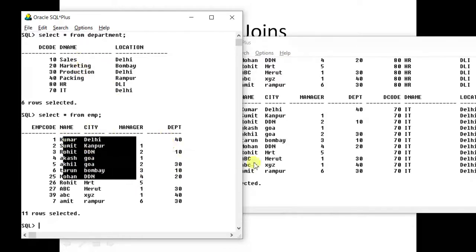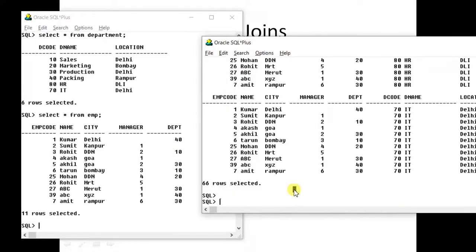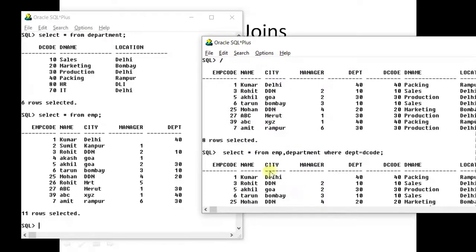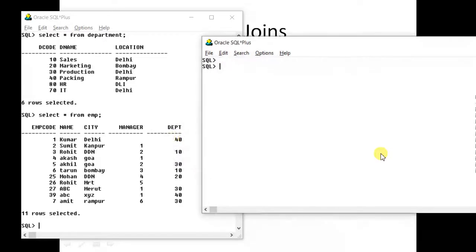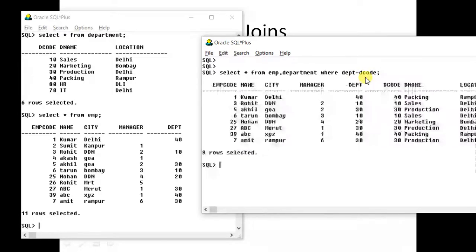So again, there are two syntaxes, one is Oracle syntax and another is ANSI syntax. We will see both. Let us first of all see the Oracle syntax of outer join. Again, I am revising. This is an example of a normal equijoin. So how many records will come? 8 will come. What we want? 11. So what we will do?